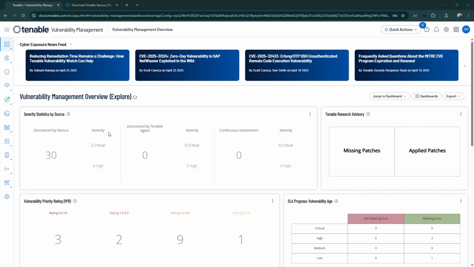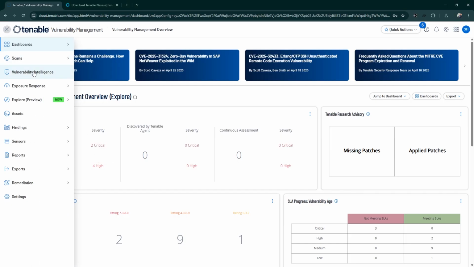So, the dashboard is simple and powerful. It shows your most important security data like how many vulnerabilities you have, which assets are affected, and which issues need your attention first. Tenable Vulnerability Management offers smart features like vulnerability intelligence to give you deep insights about